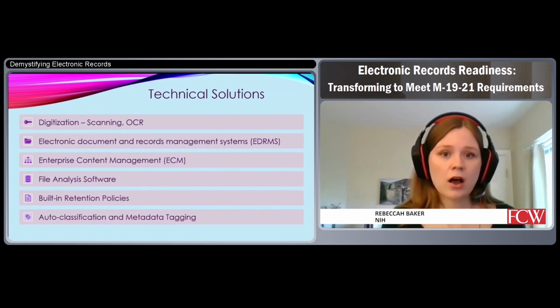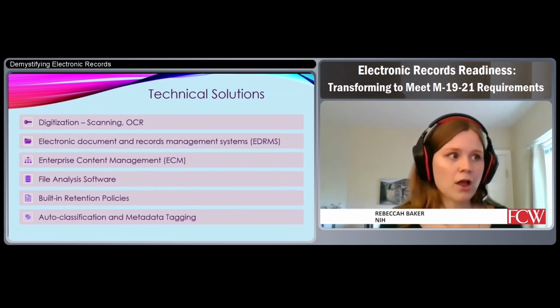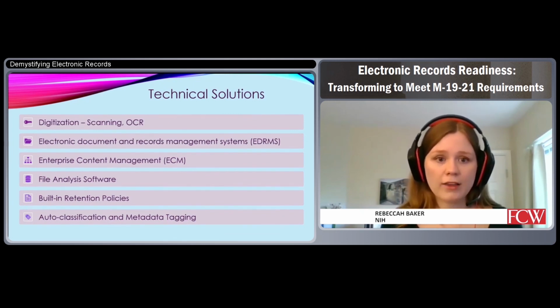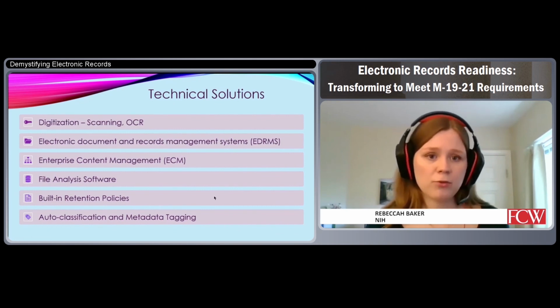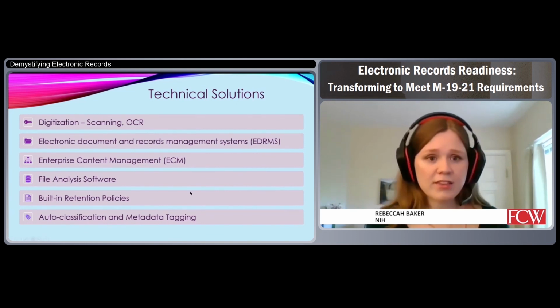And then moving on to electronic document and records management systems. NIH has the Director's Document and Records Management System. It allows for the routing of official documentation and correspondence to all ICs. And it also has records management capabilities built in, and this manages the official records of the NIH Director and Principal Deputy Director. But ICs are also using a variety of their own solutions for medical records. Then for ECM,